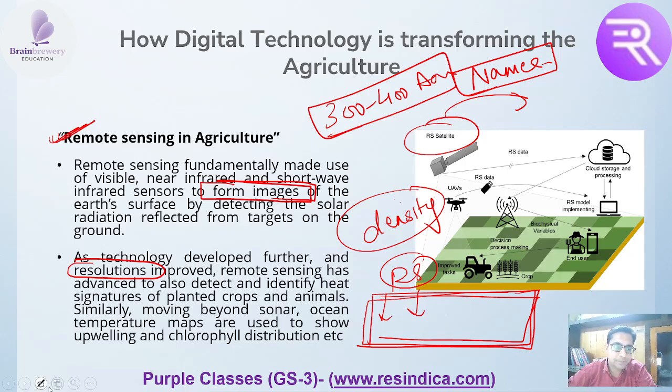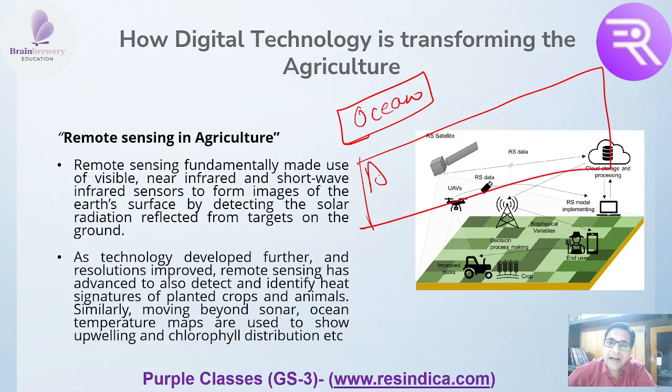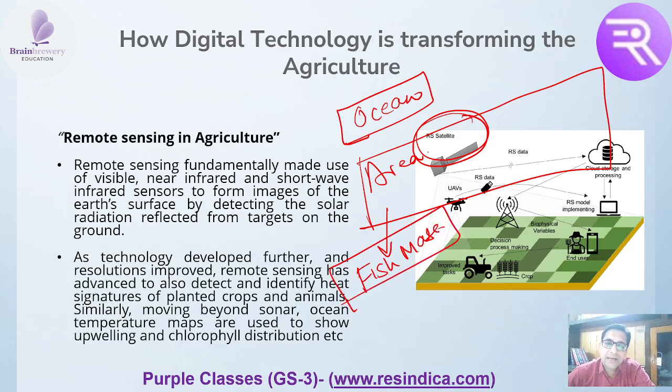Like if you go to the ocean, if you go inside the ocean, you will not be exactly able to find out, you will not count the fishes, right? You will scan the area. These satellites will scan the area, and based on the reflected wave, they will be able to find out how much fish mass is present over there. Okay, based on that, the fishermen will be able to find out at which places we should go and do the fishing. So based on this satellite data, you will be able to find out, okay, at this place more fishes are there, at this place less fishes are there.